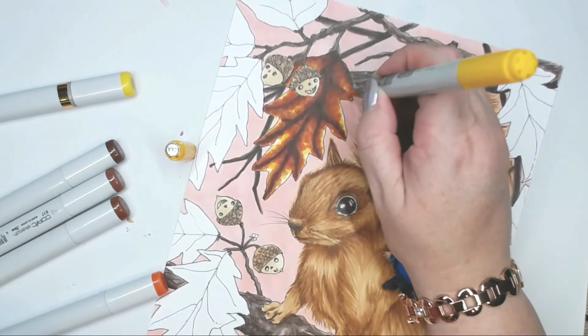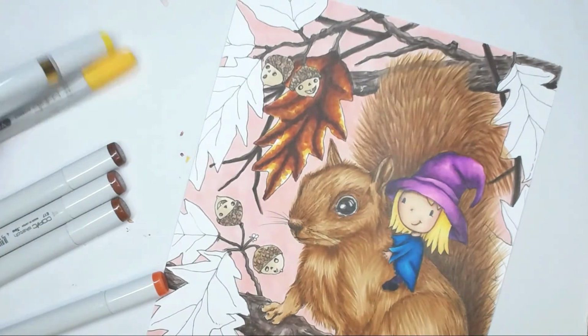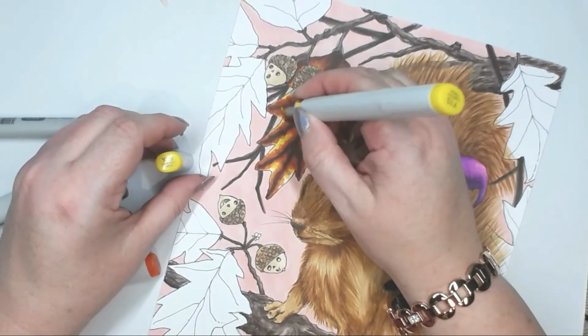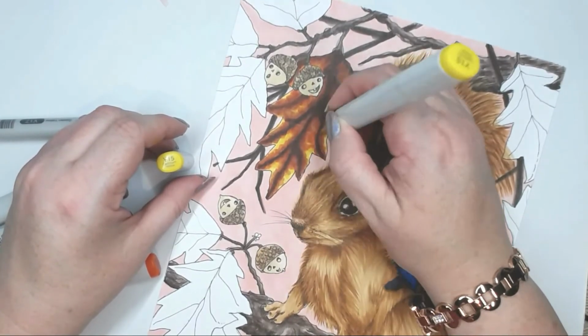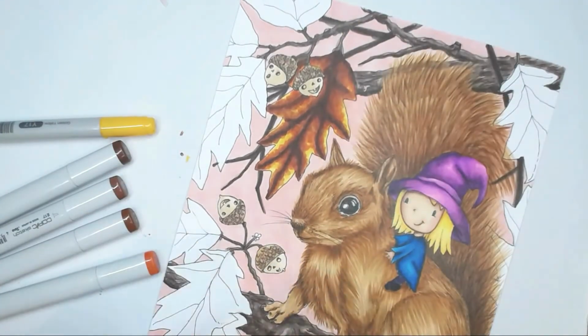I've got Y17 at the moment and I'm just dotting it in, and as I said, I'm trying to flood that colour over, so my markers are quite full, so they're nice and damp, which helps to release that ink out and give it that little bit more of a watercolour look. Got Y15 now,